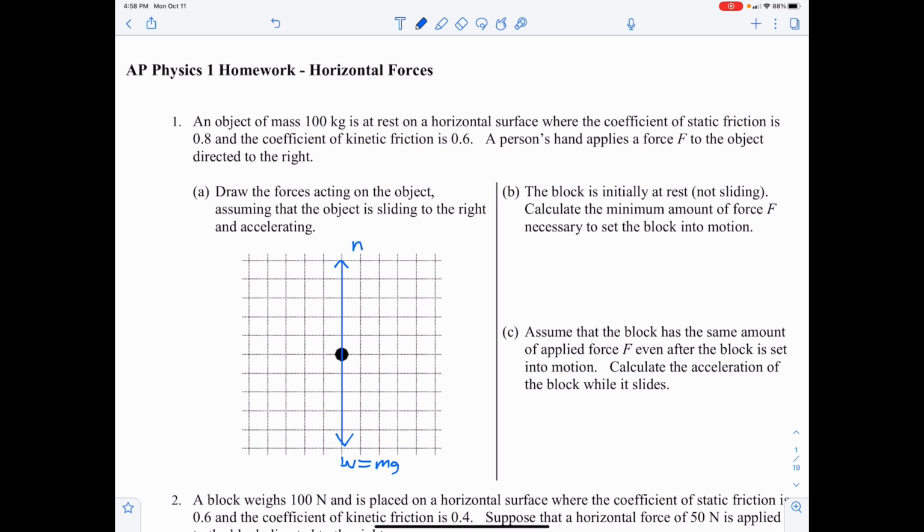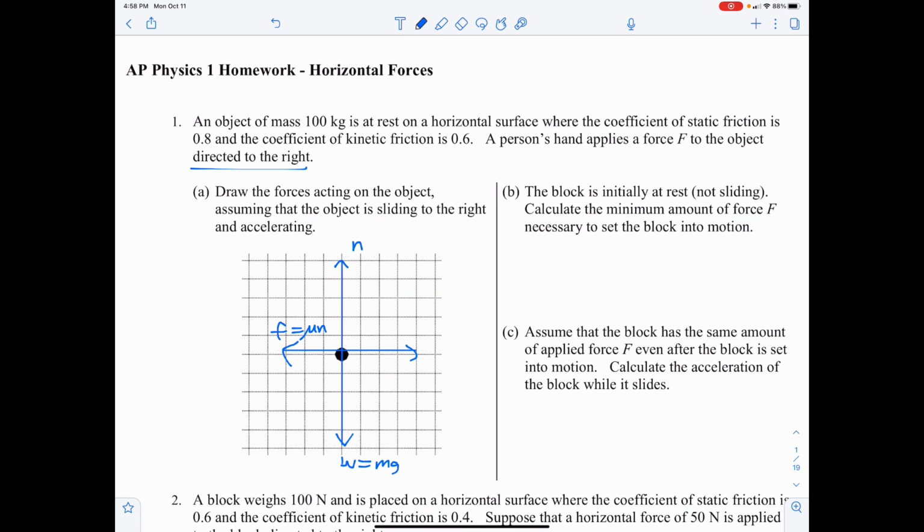I'm balancing those two forces there. Okay, friction. Friction is going to the left. Why is it going to the left? Because we know the object is directed to the right, and a force applied to the right that's greater